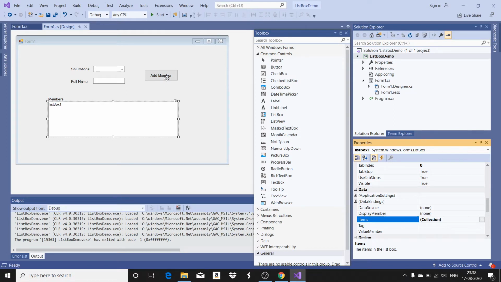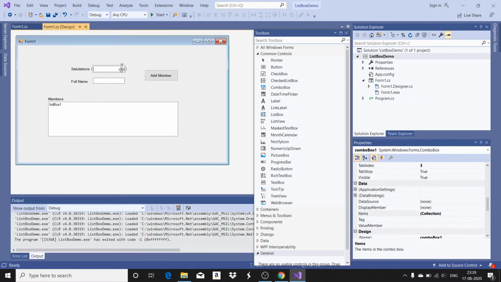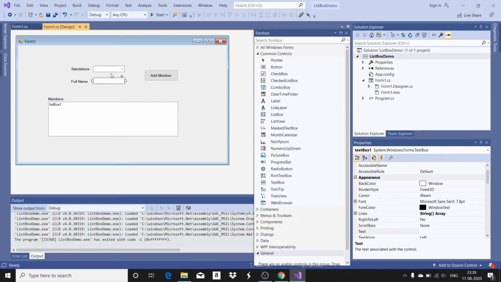Now interestingly, the salutations is a combo box, and the name is a text box. You can see here I have added a combo box, a text box and two labels. In the combo box, how do you add the items?